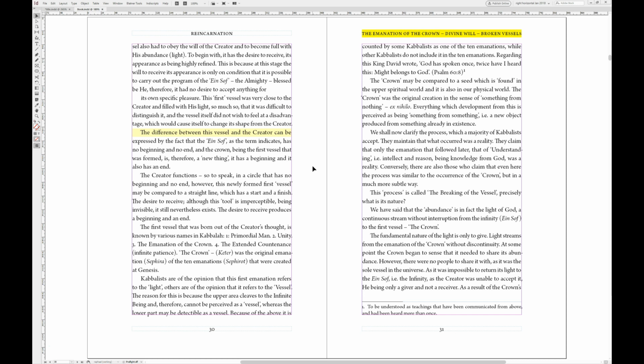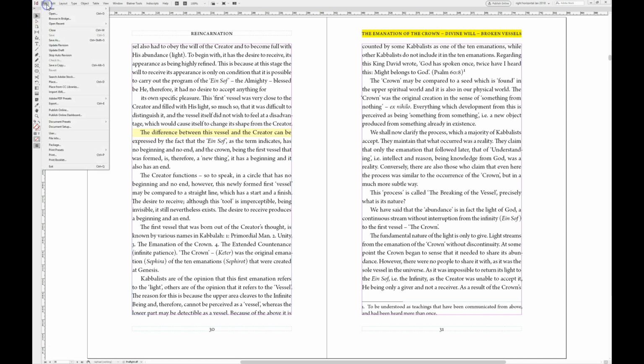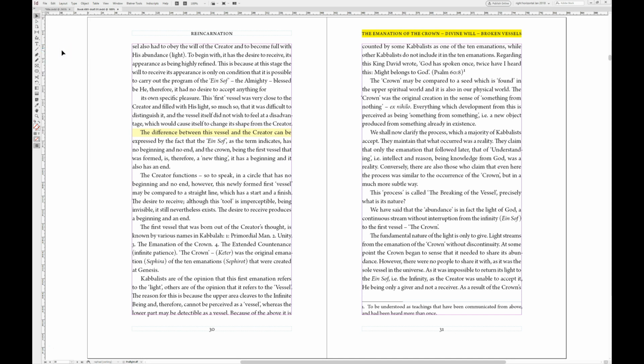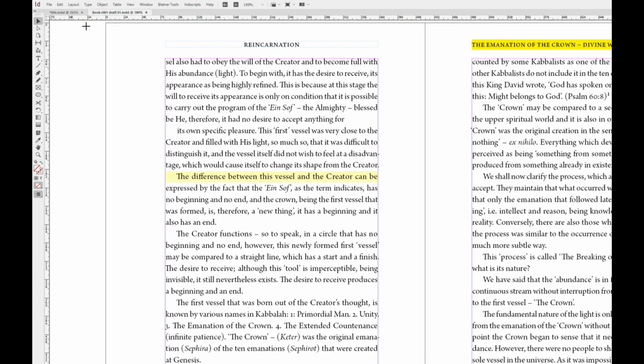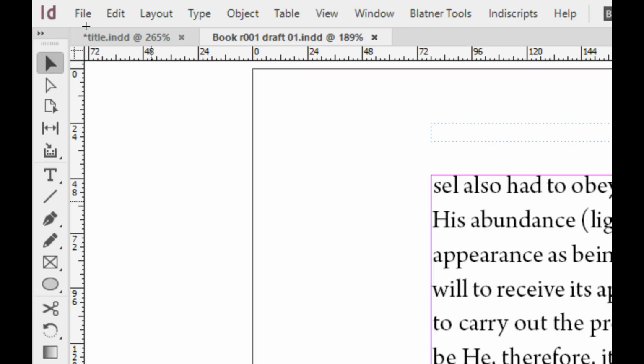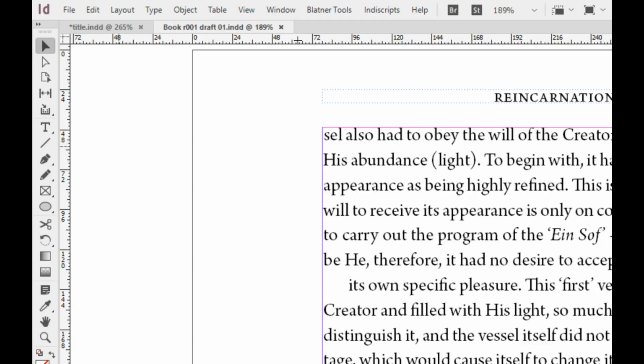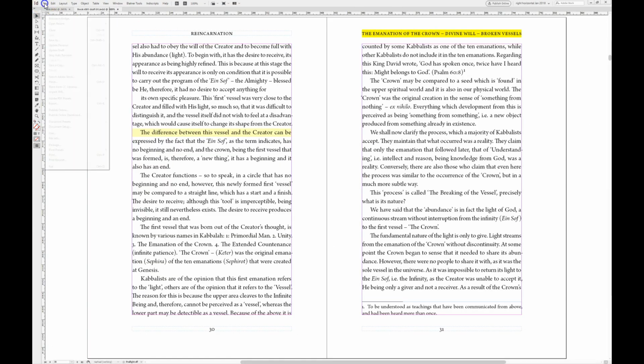So what we do is we go to the File menu, and we simply do Update Draft. And by doing so, it will be updated to book R001 draft 001. If we now want to update the revision again, that revision number will keep incrementing. When you're ready to do a new draft, you can simply do Update Draft, and it will update both a revision and a draft number.